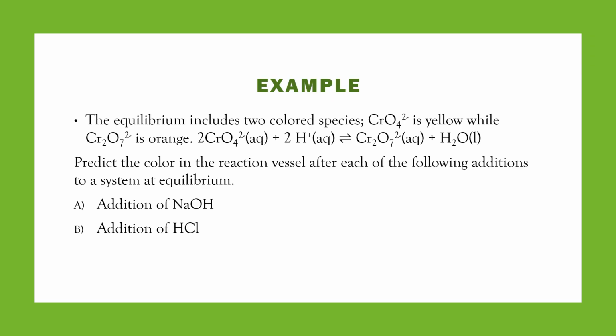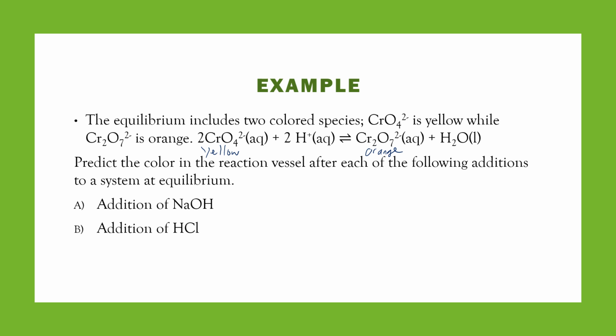So let's look at a couple example questions. There's an equilibrium here, and it has 2 colored species. The CrO4 negative is yellow, while the Cr2O7 is orange. So we've got chromate and dichromate ions here. Now it says predict the color in the reaction vessel after each of the following additions to a system at